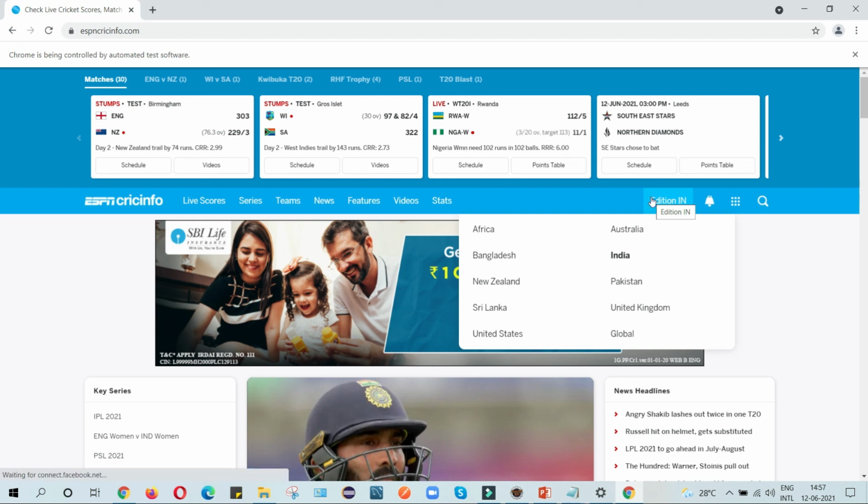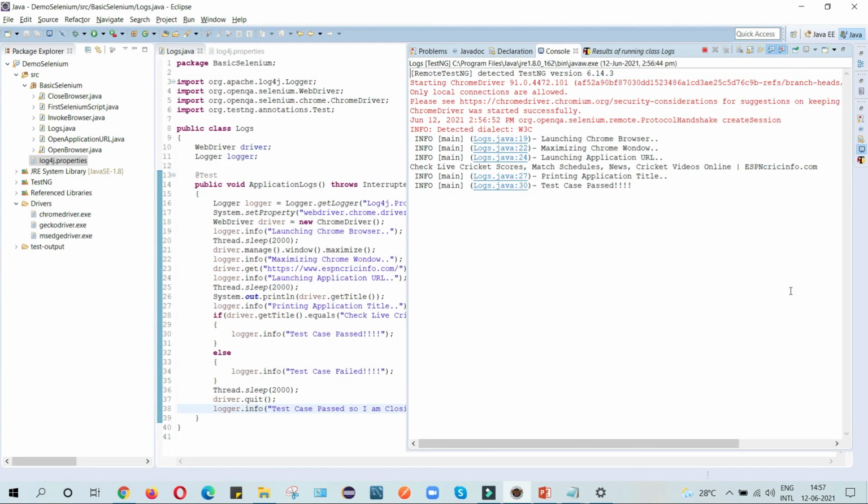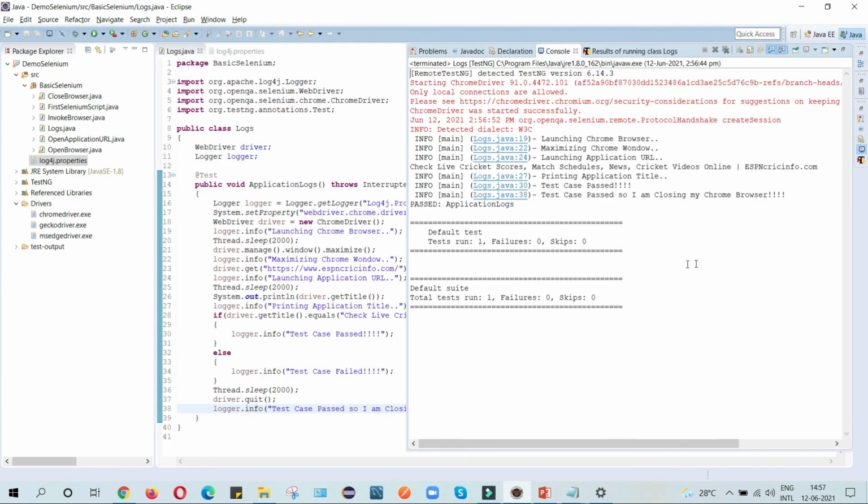Everything is done, and it will close automatically. Yes, so as you can see, the logs which we have written are launching Chrome browser, maximize Chrome window, launching application URL. It prints that title, printing application title, test case pass. So I'm closing the browser, and my overall result is application logs pass.